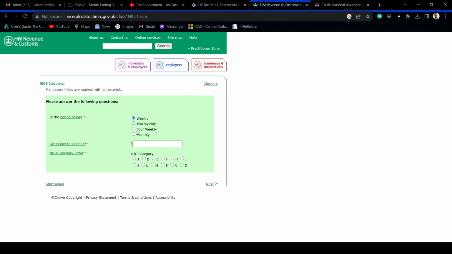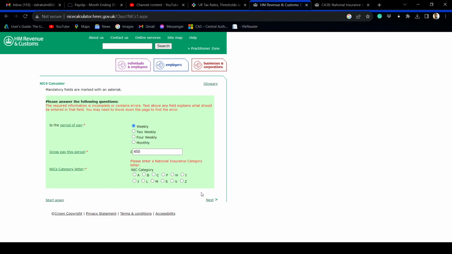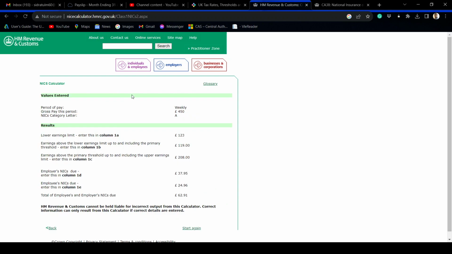So you just, let's say weekly, let's say it's 481 pound or 450 pound. The NIC category for this one will be category A. For national insurance there are actually two amounts. One part your employer needs to pay for you, and another part you have to pay. So you need to look at this employee's NICs due column. You can see it comes to 24 pound 96 pence, so nearly